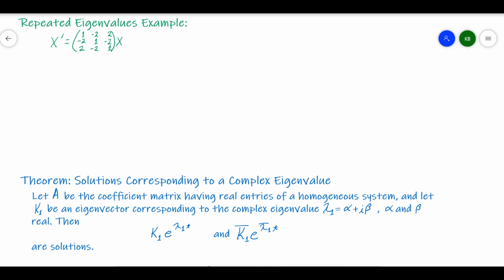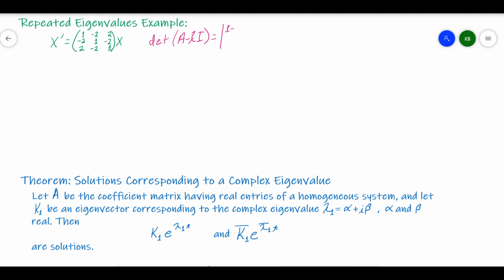So we're going to solve this differential equation I have here of x prime equals this beautiful matrix with 1's, 2's, and negative 2's in it times x. So the first thing we need to do is use our characteristic equation. So we're going to be taking the determinant of A minus lambda I. And for us, that's going to look like